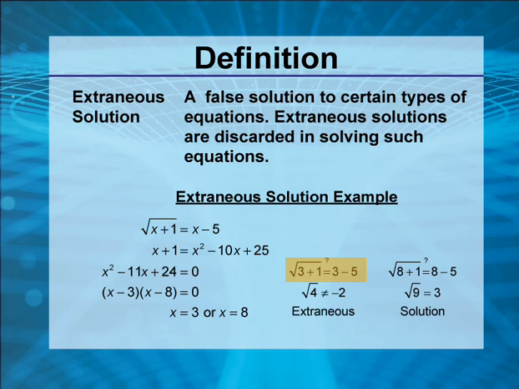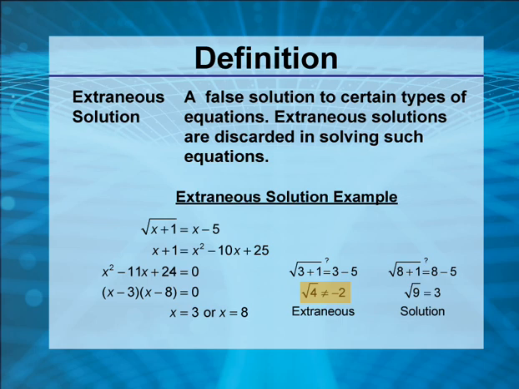things are equal. Simplifying, we get the square root of 4 on one side and negative 2 on the other side, and those two are not equal to each other. The square root of 4, which is equal to 2, does not equal negative 2. So the solution x equals 3 is not a solution to the original equation, and therefore is called an extraneous